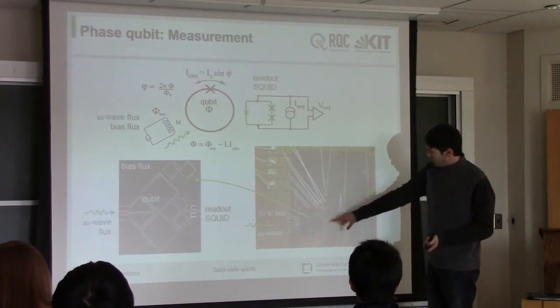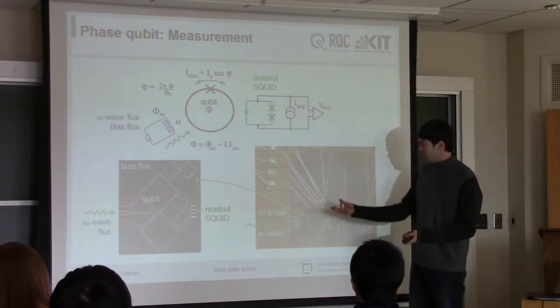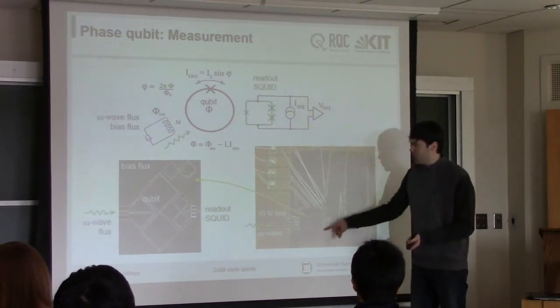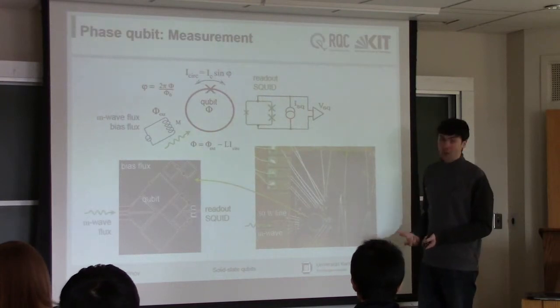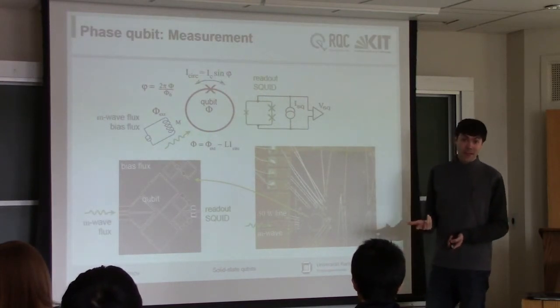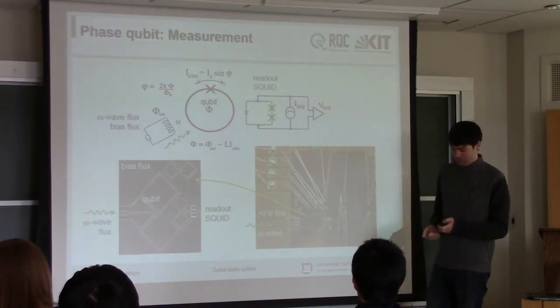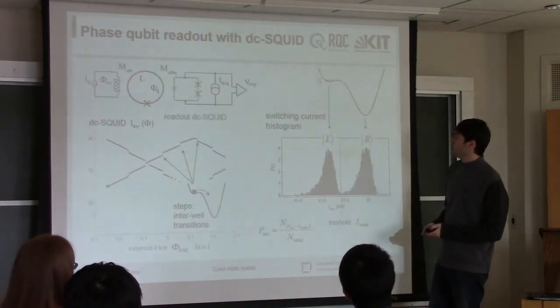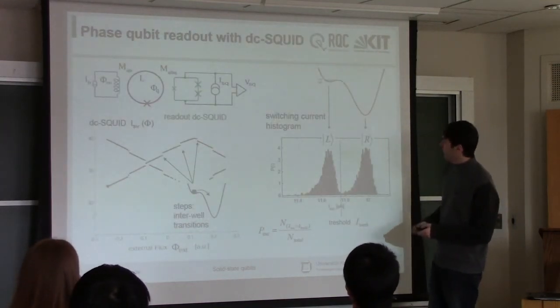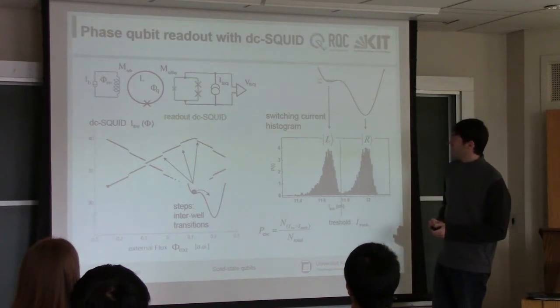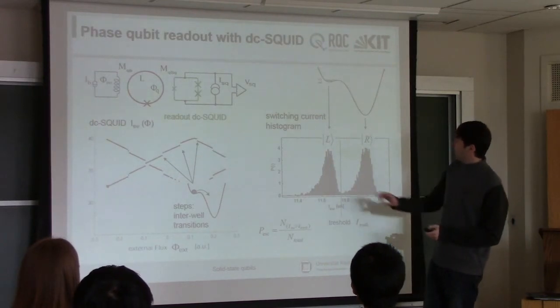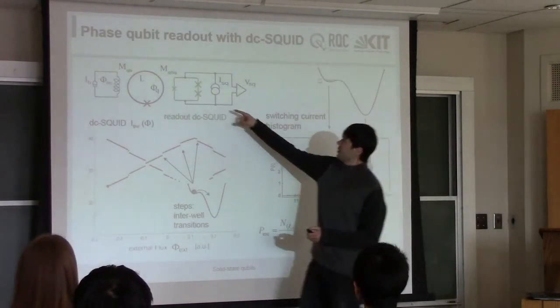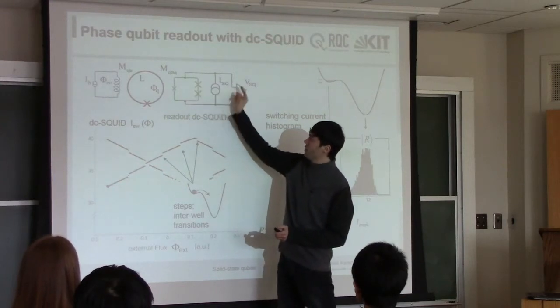This is it, again, on the chip. This is the chip that you can hold in your hand, and you can see that the qubit occupies a fair chunk of that chip. So you can see it with your naked eye, this quantum circuit. This is a beautiful graph. I really like it. What they do here is they constantly bias this SQUID up to switching current, and they